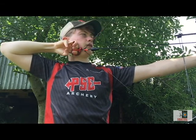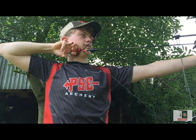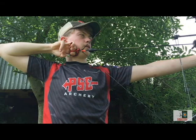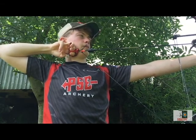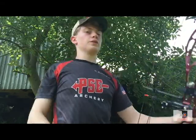So instead of having it here, I'm having it here. You can see how both are slightly different. I'm exaggerating here. So again, that's the beauty of archery. You can pick and choose, but those couple of things are really good to remember and really try to nail them, because it is one of the basics of archery, but if you nail it, you will see